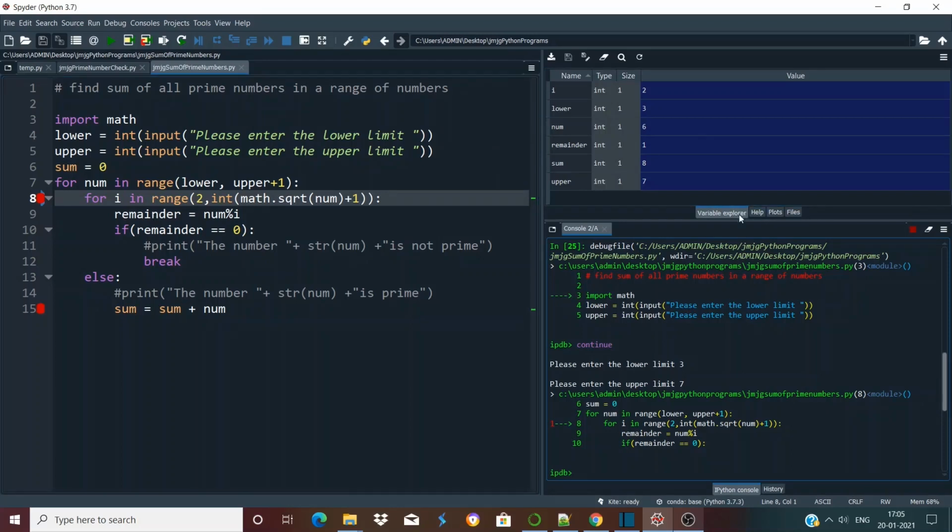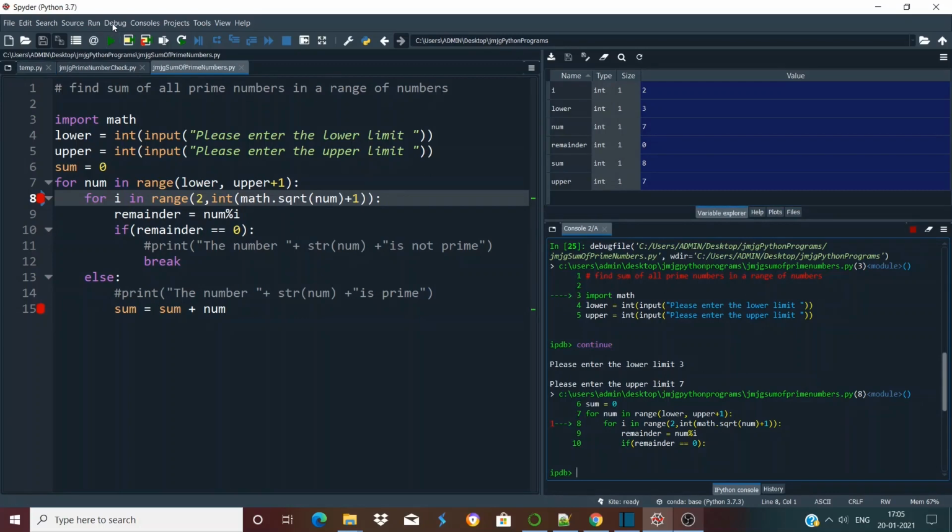Again, in this iteration, what is the value of num? The value of num is 6, which is again not a prime number, so it will not come to this else block. If we again press continue, you can see it stays here only. It means it moves to the next iteration. Now in this iteration, what is the value of num? The value of num is 7.